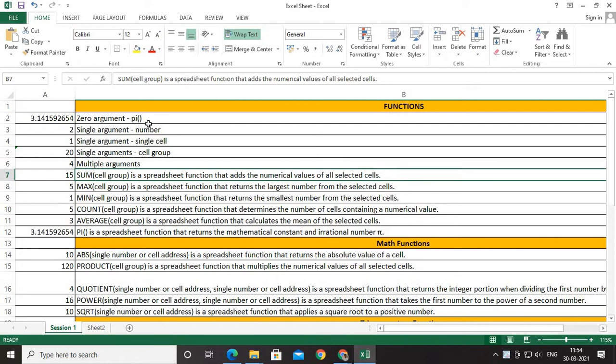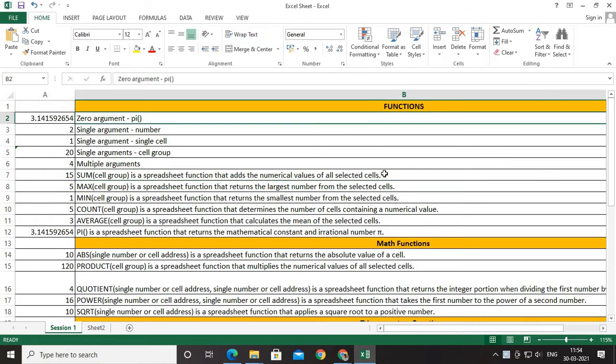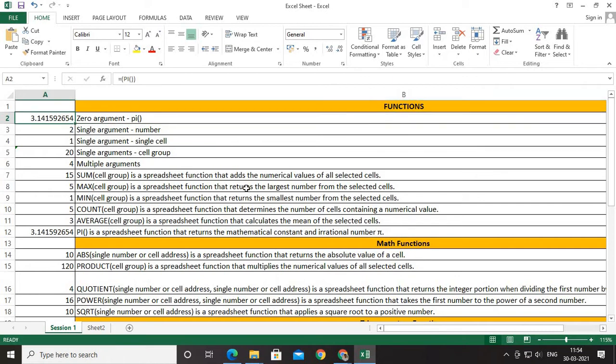I will share this Excel sheet with you by uploading it in a drive so that you can try it out whenever you have time, and this is all very simple. Excel is very easy to use and it gives us enormous facilities, and we are going to explore each of them one by one. First, any function which is available in Excel can be of zero argument, single argument or multiple argument types. We will go ahead with the zero argument first.